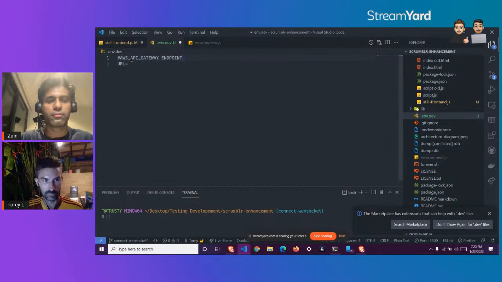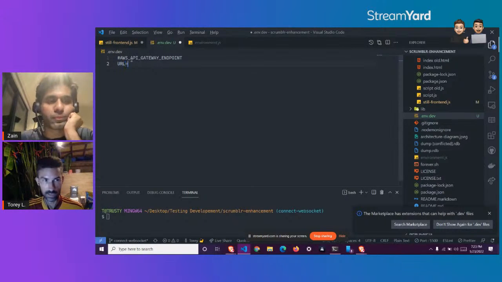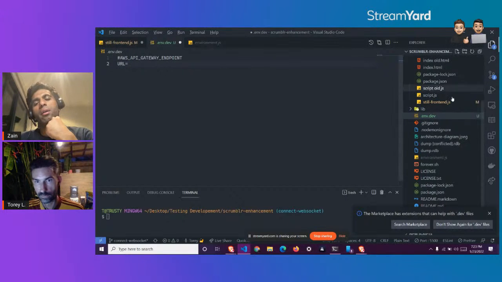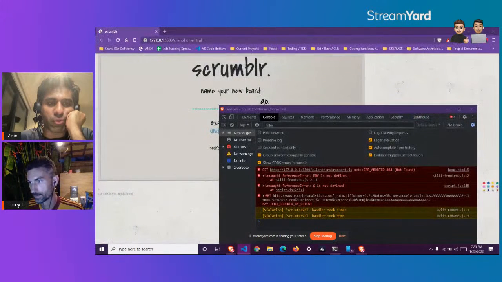I can't remember if the spaces matter, so I'll just put the underscores. But basically here you just give it a variable name, a key name, and then inside here I just put the variable, and you don't need to put quotes or strings or anything. It's automatically going to be a string. This is a lot easier and a lot more meaningful as well.